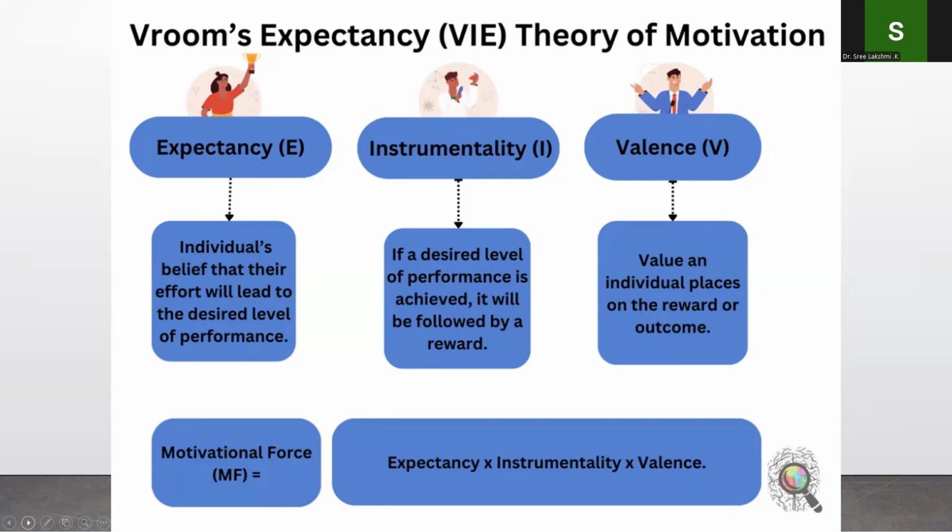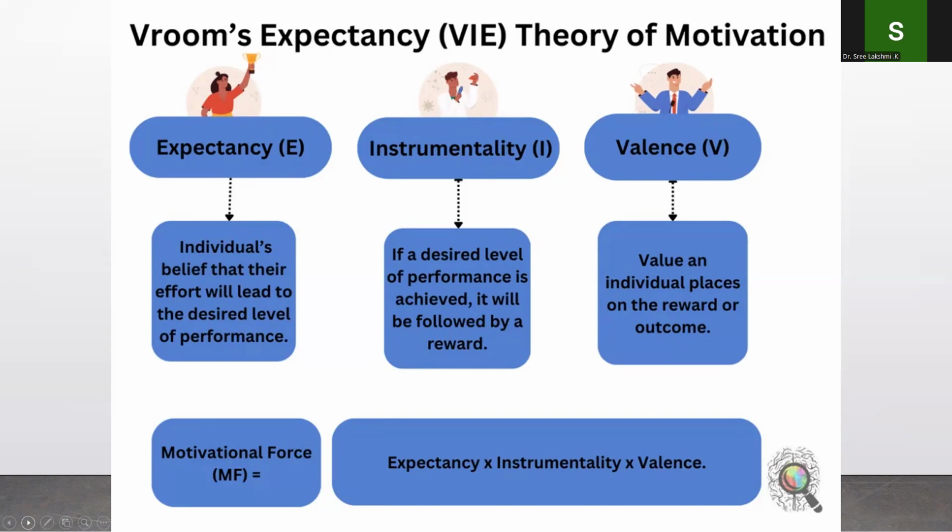Valence: value of the outcome. This refers to the emotional orientation or value an individual places on the expected reward or outcome. The reward must be something the individual actually wants and considers worthwhile. Example: the individual must actually want a new version of a phone for the promise of one to be a